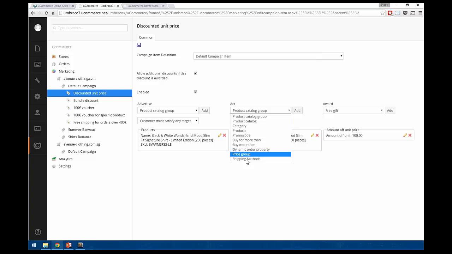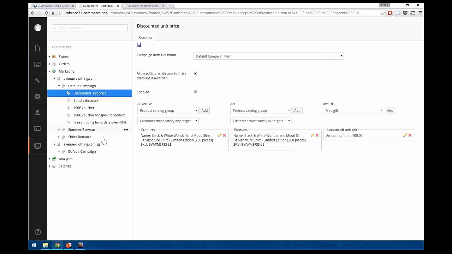Another one of the new ones is the shipping methods here, and this will allow you to do free shipping on specific shipping methods, for example. So say you only want to discount shipping for express air or something like that. Shipping methods is the uCommerce way of saying these are the things that you can ship with. So they're configured over here in the settings area that we took a look at before. And now you can target just one of them rather than before where you would actually have to target all of them. So free shipping was either 100% off or whatever. So yeah, just a nice little addition here based on feedback from customers.